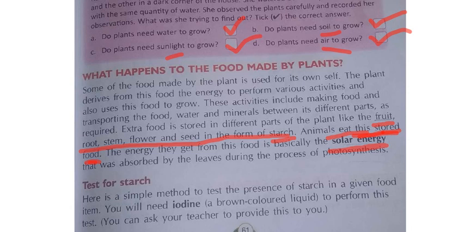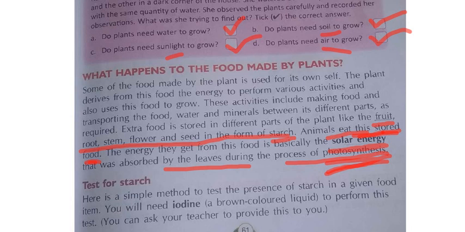Why? Because in all the plants that animals ate, cow or goat, in that leaf solar energy is also present, and that was absorbed by the leaves during the process of photosynthesis. Just now I told, how did these leaves get that? Solar energy, by the process of photosynthesis, I told. Photosynthesis means the process by which the plants prepare the food with the help of air, sunlight, yes or no, and water. All this is called photosynthesis. And when the plants take the food through the sunlight, afterwards when animals eat these leaves, they also will get the solar energy.